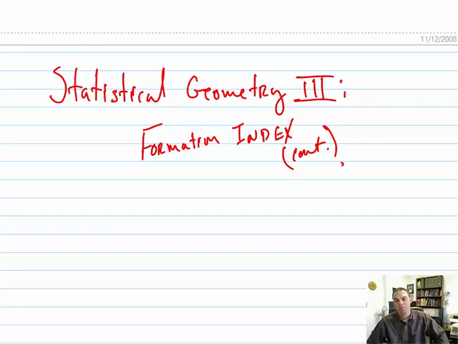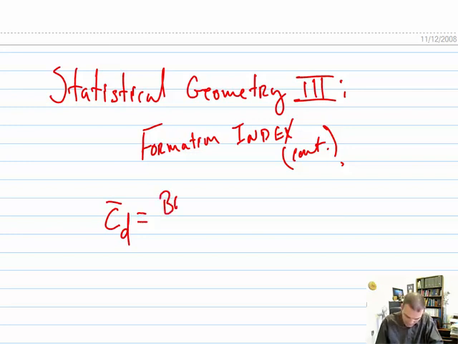Hello and welcome. We're going to continue our discussion about statistical geometry and complete our discussion about formation index before we start talking about some other topics related to statistical geometry. So in formation index last time we had finished off by talking about the mean center density, and we said that it was a function of the basis weight times the area of inspection divided by the coarseness times the